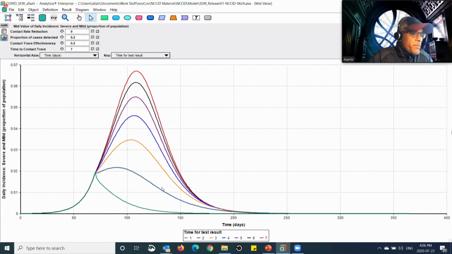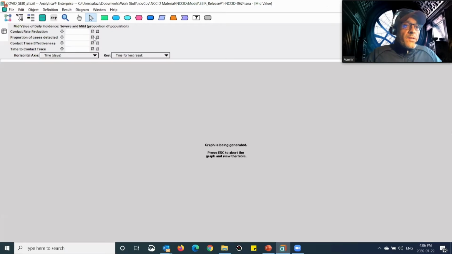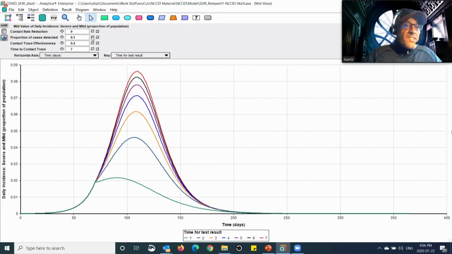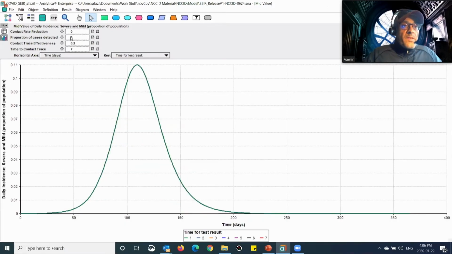They're handled independently, and it's up to the user to make sure that you're entering logical values. For example, there's nothing in the model that would tell me that I can't have 100% contact tracing and 0% testing. But logically, that would make absolutely no sense. In essence, I could have a setting in here that says 0 proportion of the cases are detected, and